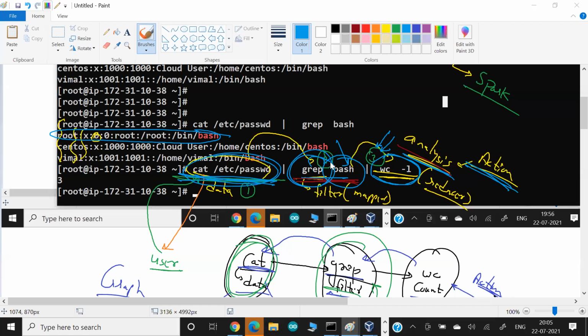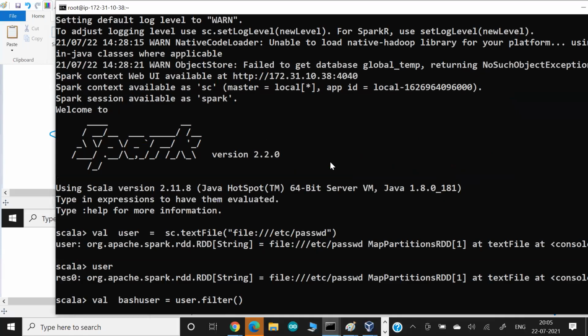For this, we can create a function here. There's a function from Scala called the contains function, and this contains function has the capability to search for something, this statement.